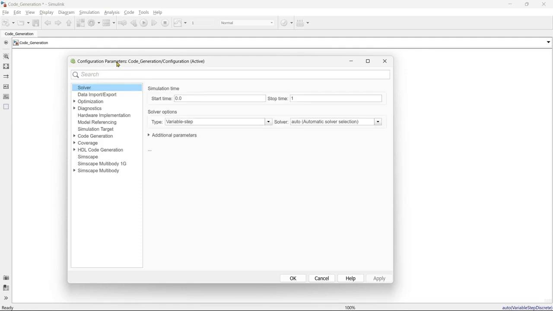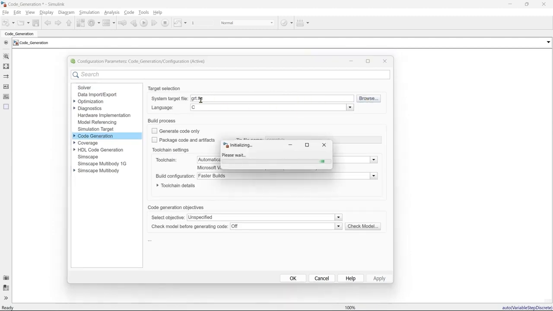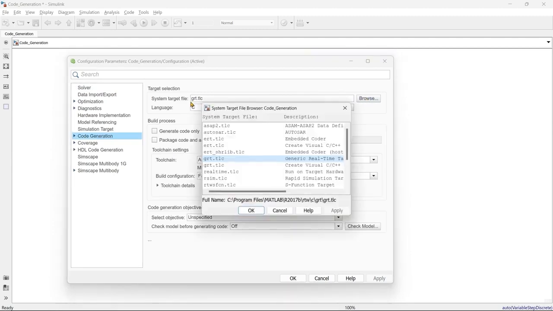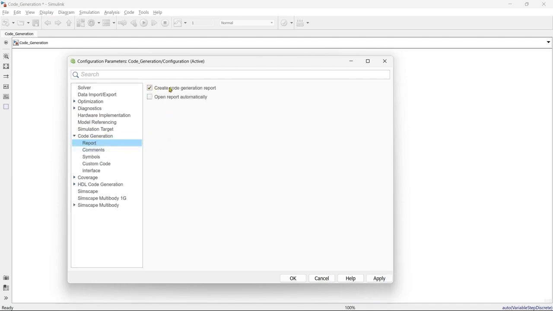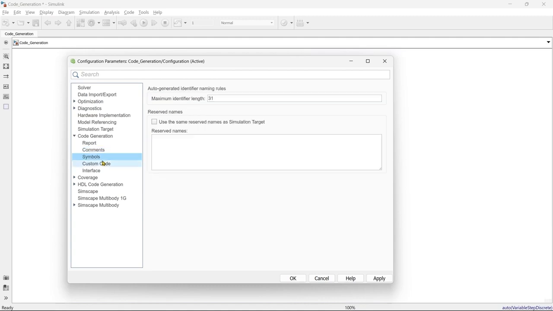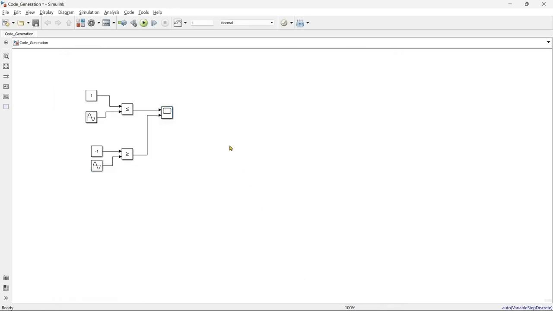So first you need to go to the configuration parameters. In that you need to go to code generation. Here there are a variety of system targets that you can select, right? By default it is grt.tlc. We will keep it as it is, we will not make a single change, right? And then MATLAB by default will suggest that instead of this system target you should go to something else. And then we'll go to report, create code generation report, commands, symbols, codes and interface. We'll keep it as it is. Okay, and then we'll press Ctrl B,